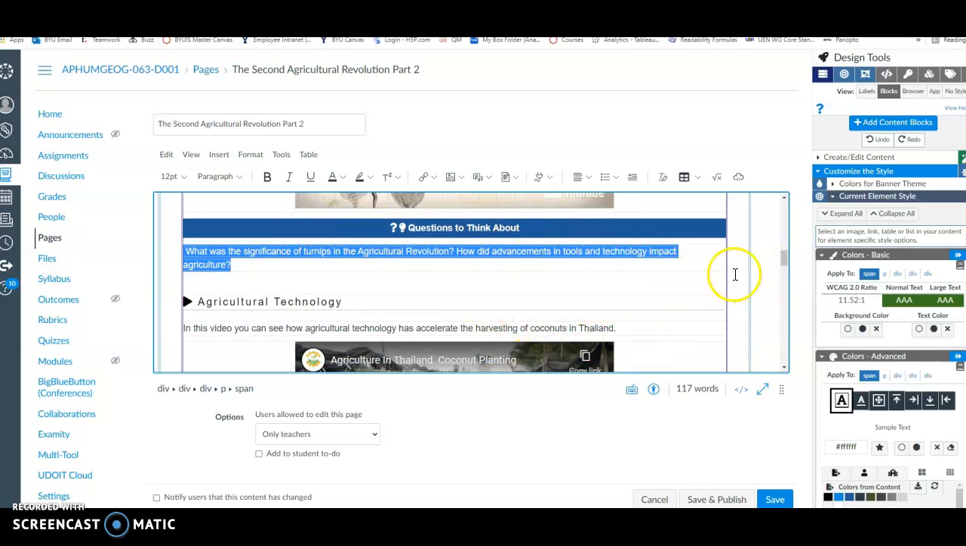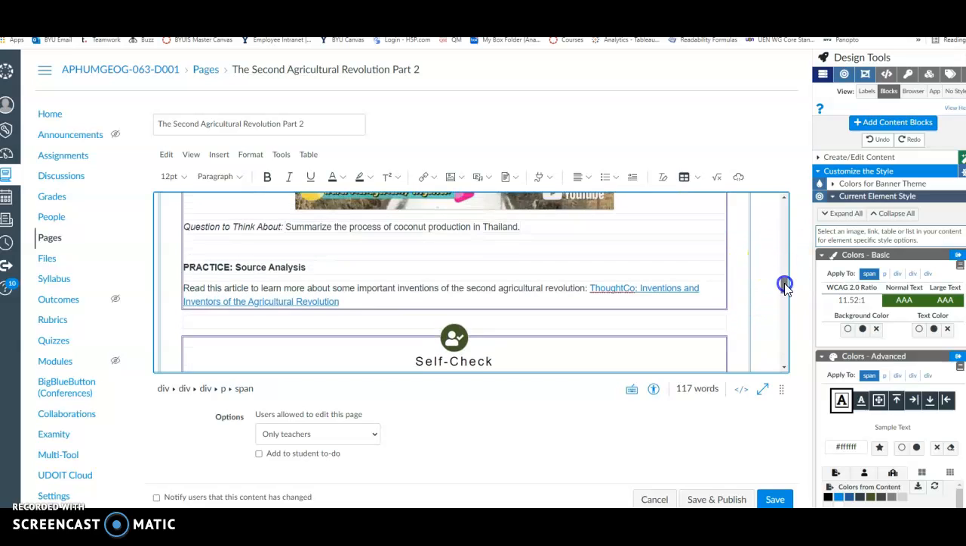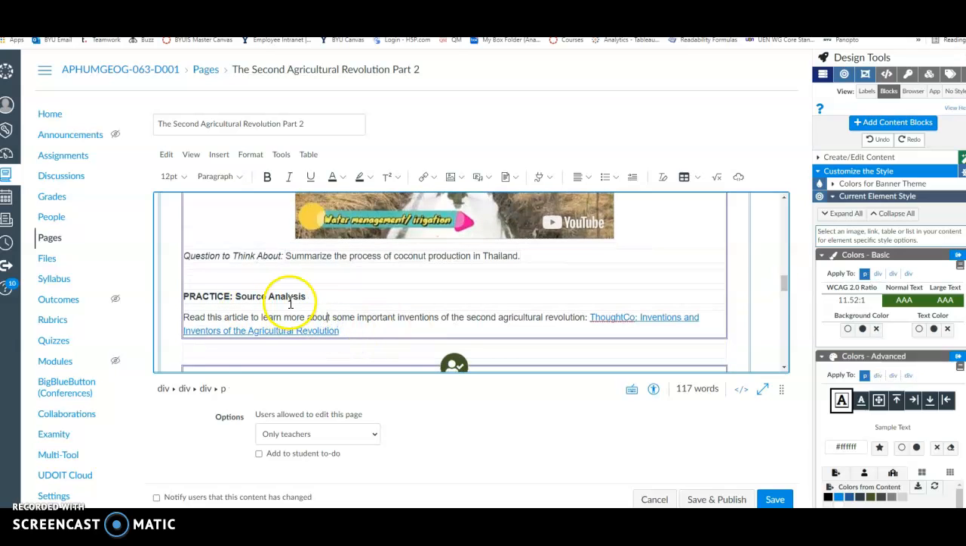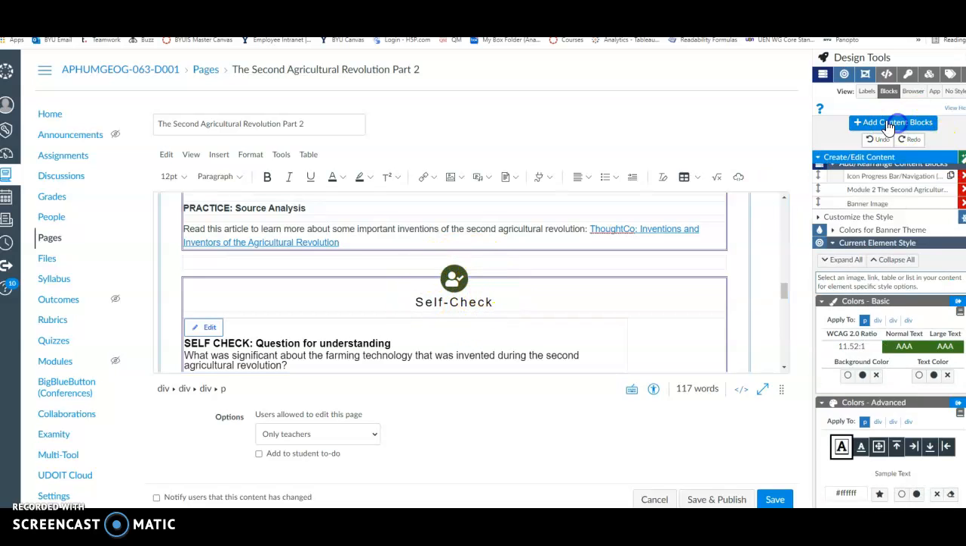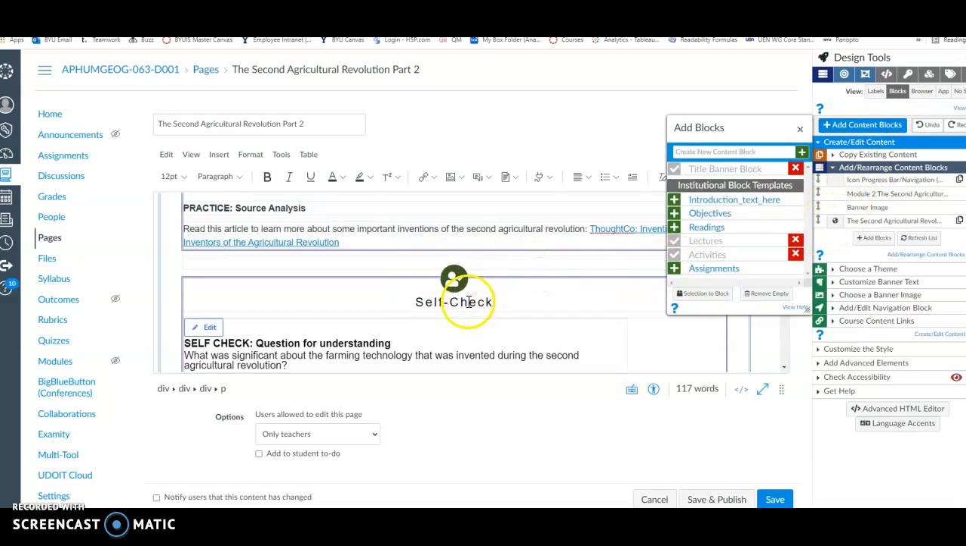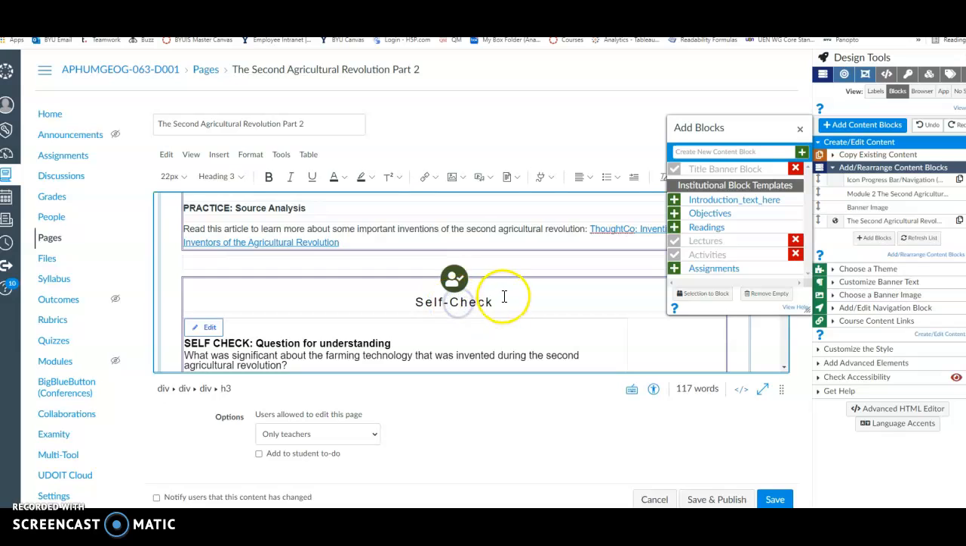Okay, so something like that. For this practice source analysis, this should be one of these blocks, the content blocks over here. So this self-check right here should be its own block. So the self-check,